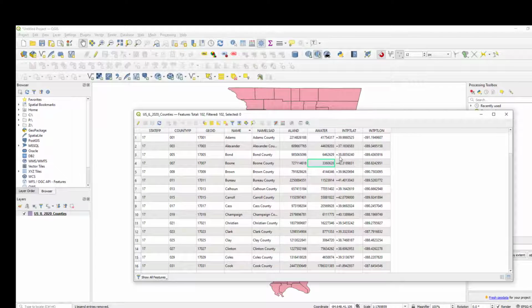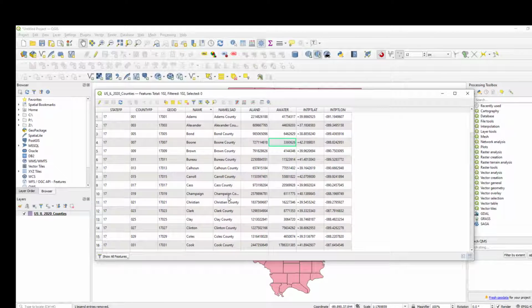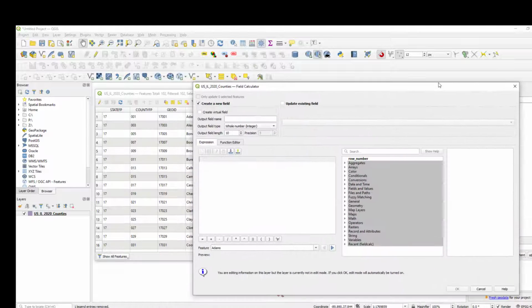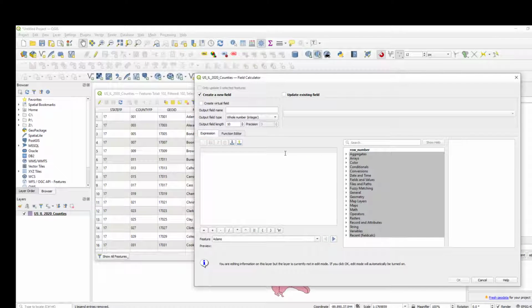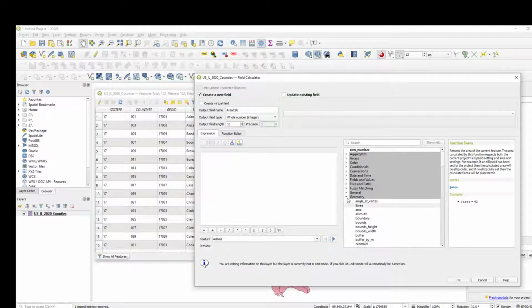So the first thing I want to do is create a calculated field that combines these two. How do you do that? Well, there is an icon over here that says Open Field Calculator. When I click on that, this dialog box pops up. What I want to create is a new virtual field. I don't want to update an existing field, so I'm going to create a new one to go into these